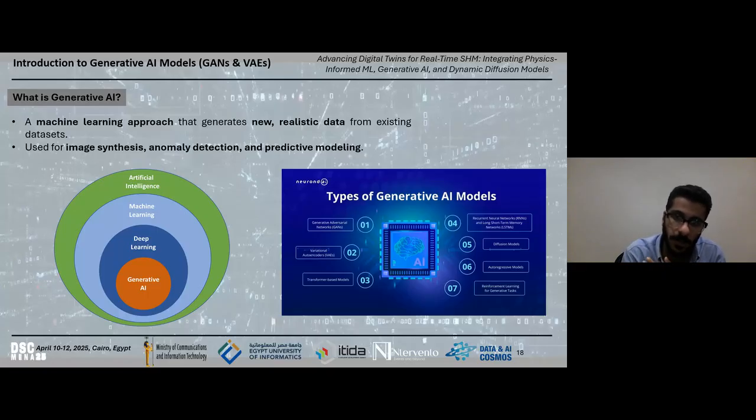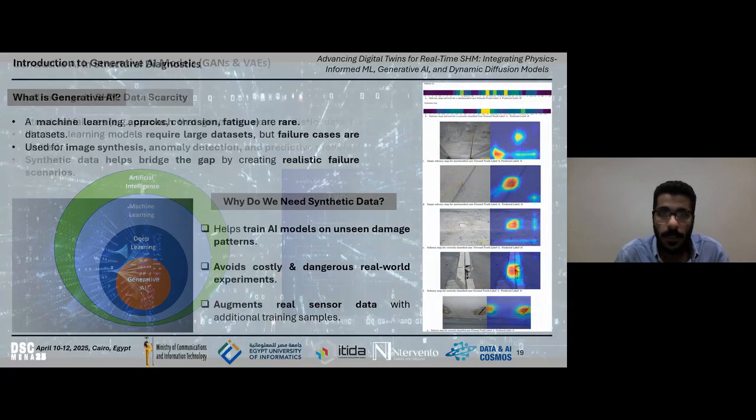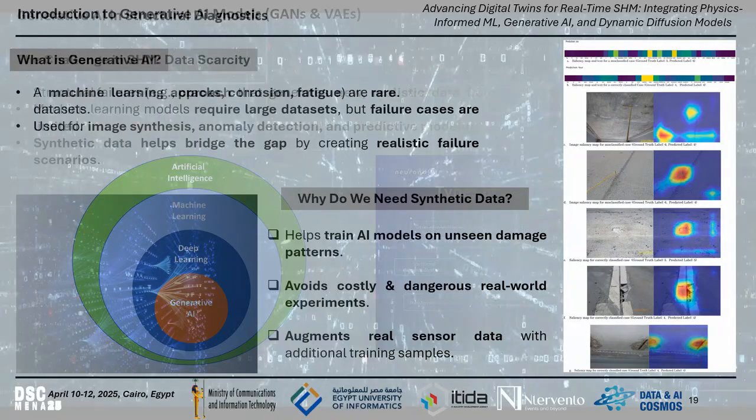Once we have this generated data, we can combine it with the normal data coming from the system. If something like this happens during online monitoring, the model will be able to predict it and give an early warning about the possibility of deviation from the normal state.